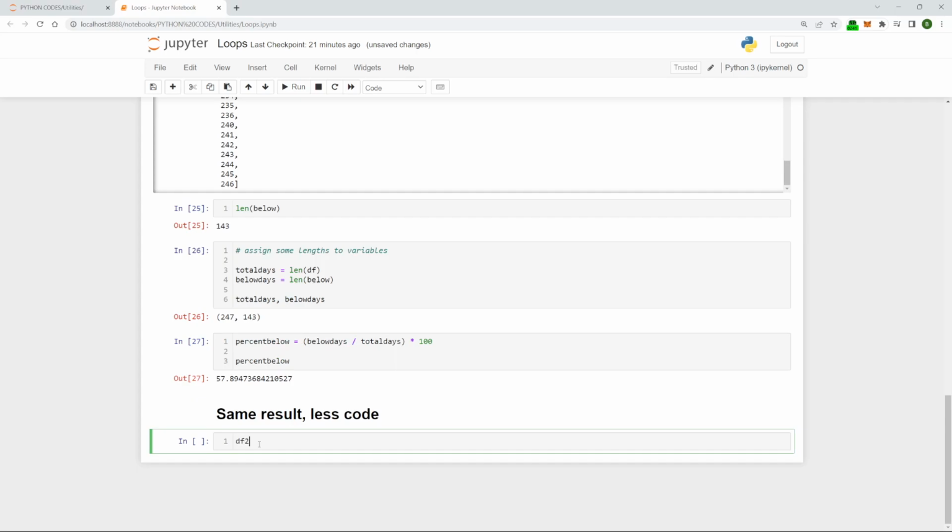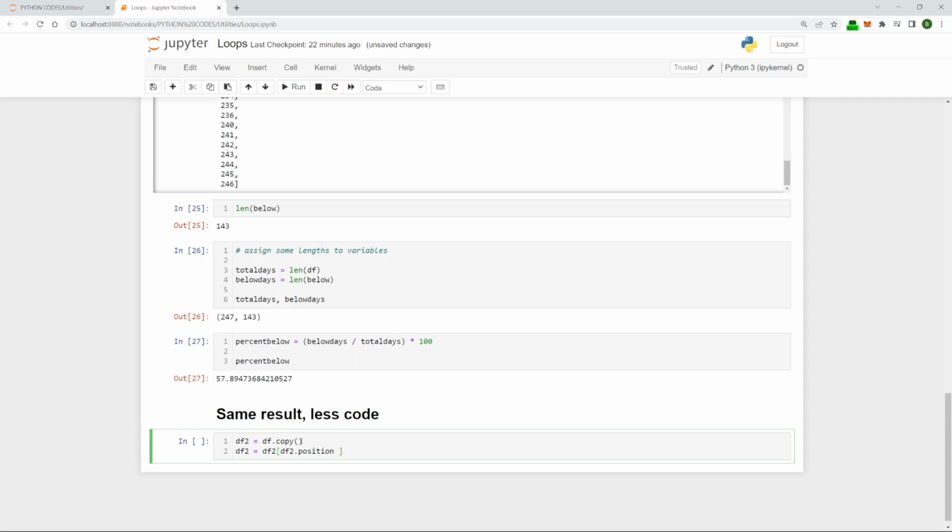So let's make a new data frame. Let's go df2 equals df dot copy. So we're just going to take a copy, so we're not going to play with the original data frame. And then what are we going to do next? All we're going to do here is make a very simple line. We're going to say df2, so we just want to change what's in this data frame, and all we want to see is df2, then square bracket, and then if we just put in df2 dot position,